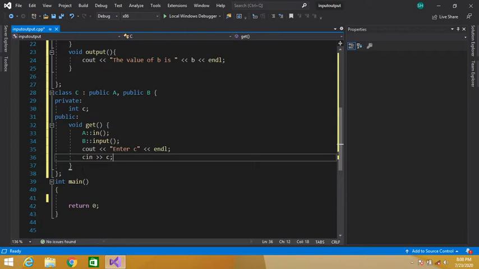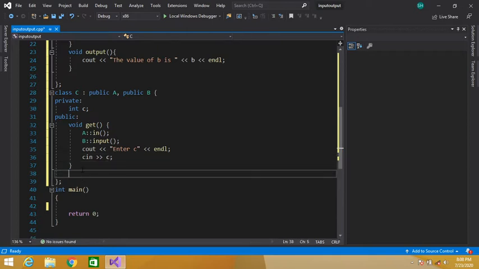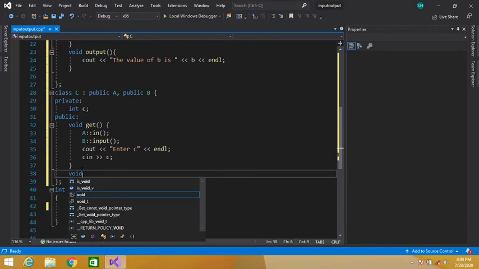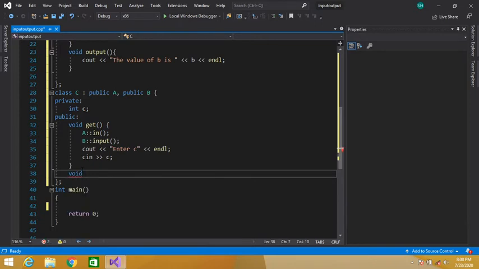Okay, let's create another public function, void, and the name of the function, let's say display function.